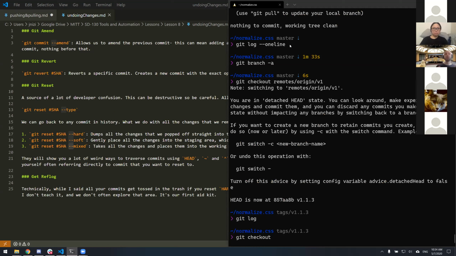Everything that you do with respect to commits and resetting and stuff, that's based on your current branch. So if you go to a specific branch and you undo changes because you want to try a different path in time, you can do that. The other thing is these changes, when I say they get thrown in the garbage, they literally